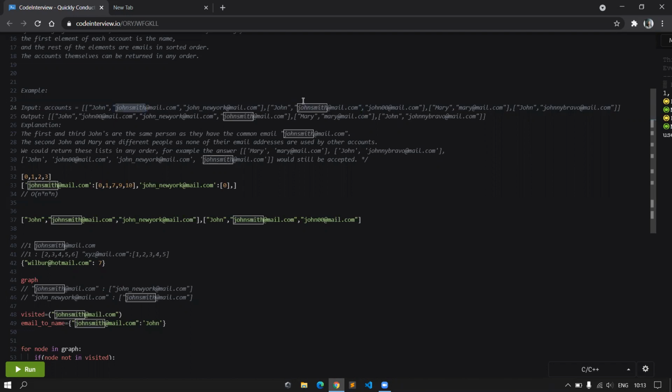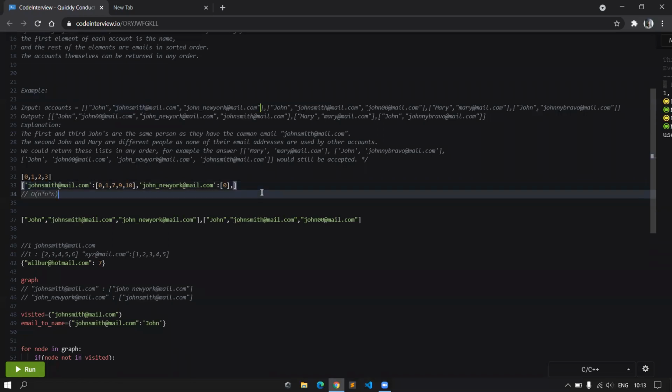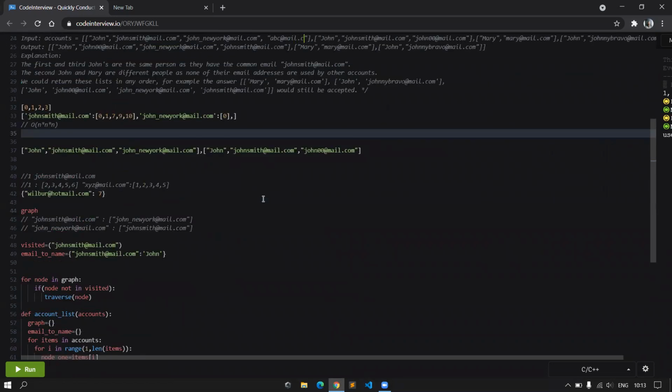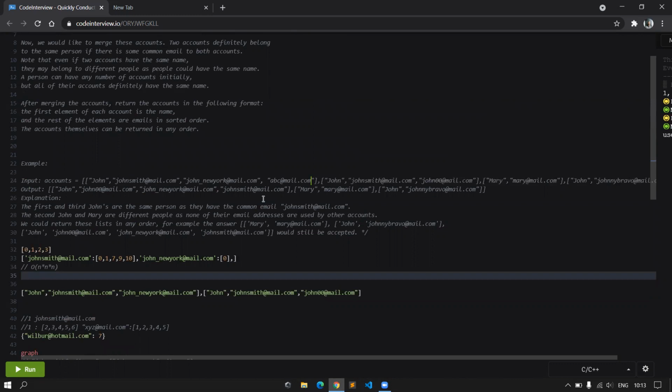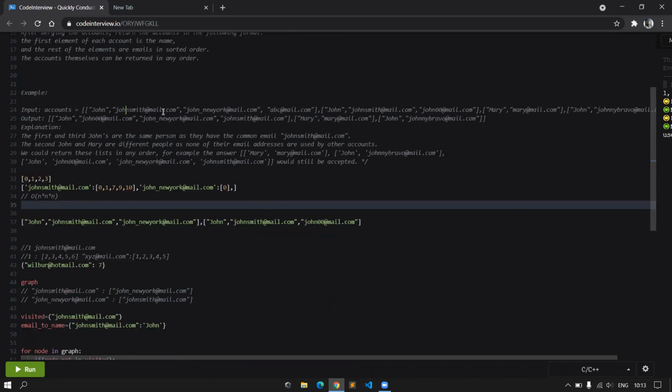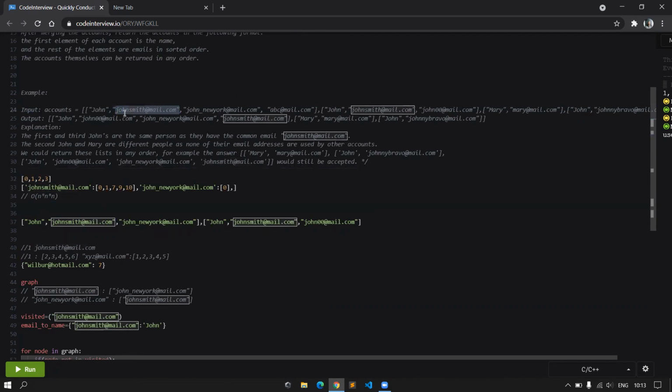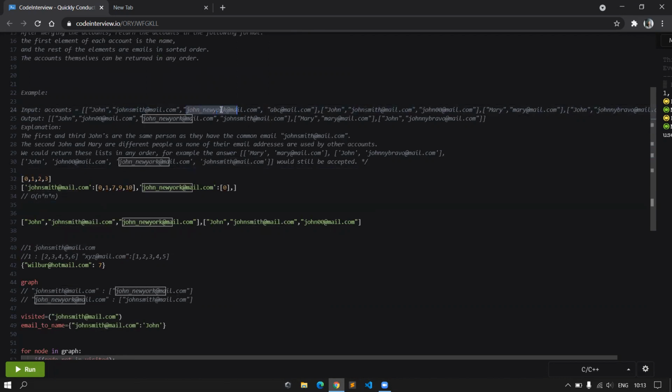Let's say you had several other email addresses in there, and I'll just add one, abc@mail.com. Is there a way to connect John Smith to ABC without having to connect John Smith to every single email address in the list directly? Yeah, so we can add a node between John Smith and John New York, and then a node between John New York and ABC. In that way, we will be just traversing once.